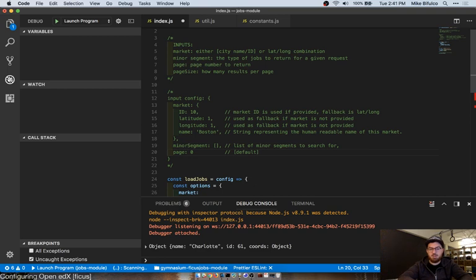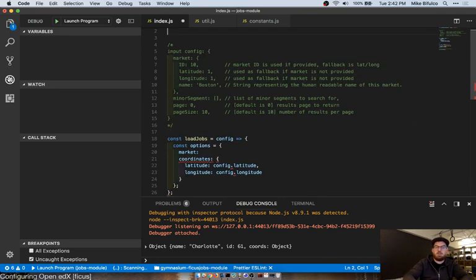I don't need to put comments within comments here, but this will be 0. Results page to return, page 1. Page size. Maybe we'll start with 10. The number of results per page. Great. Get rid of that.